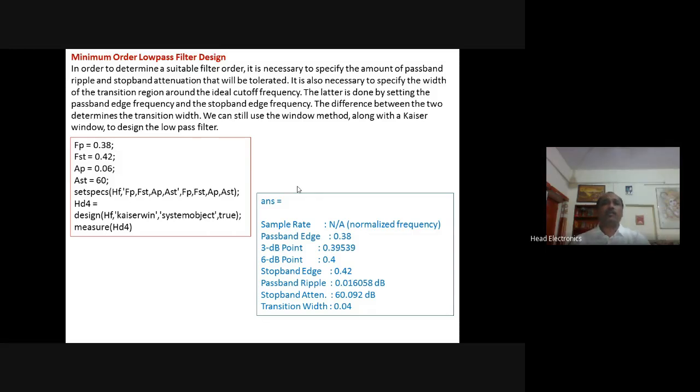So if we design the filter having the minimum order, naturally these two properties will suffer. So this is the example of what will happen if we try to decrease the order of the filter. Then we have to make a compromise between the pass band ripples as well as the stop band attenuation here.